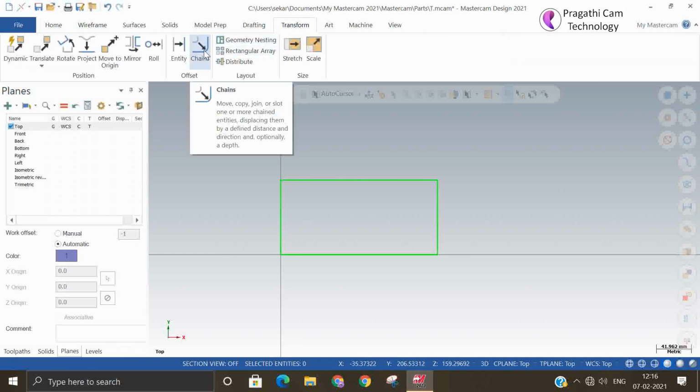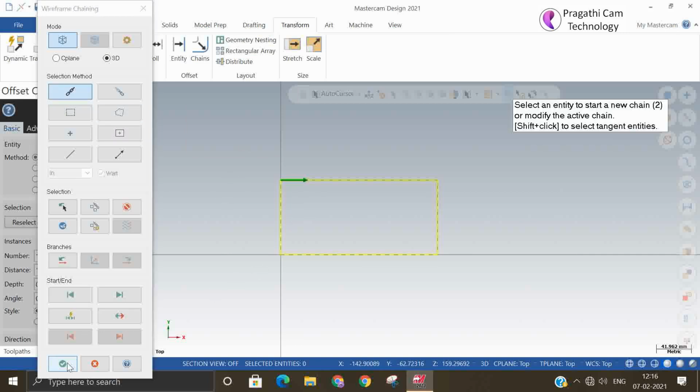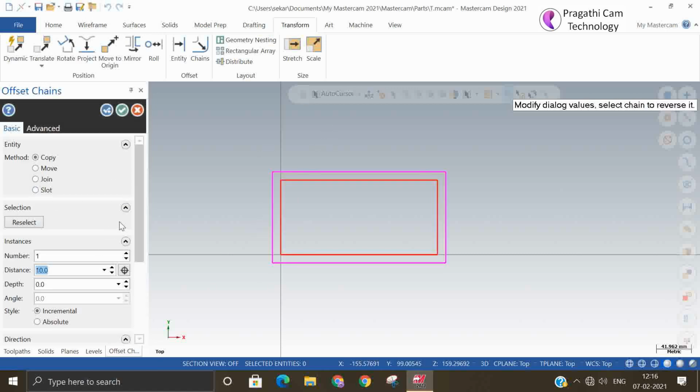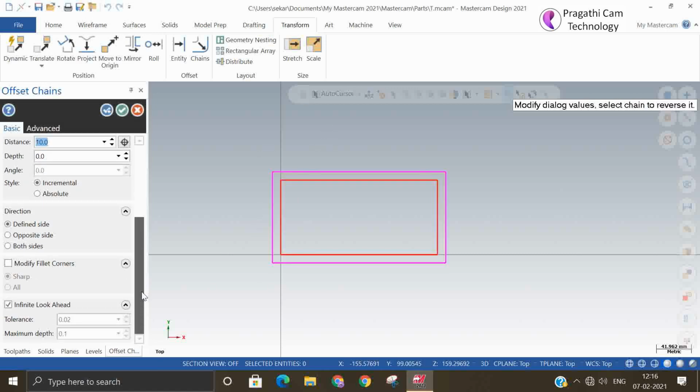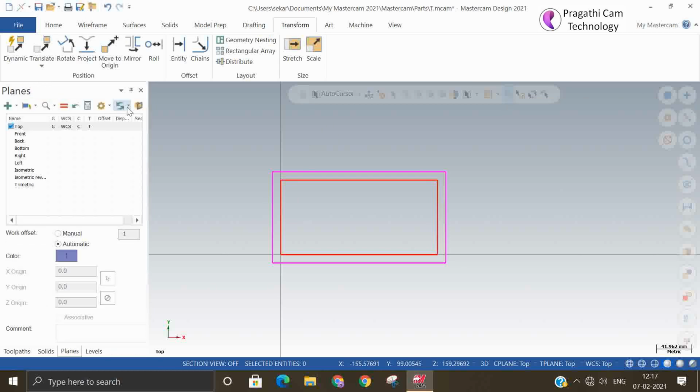Both options are available. Indicate direction. So these two options are the offsetting of an individual entity and the chain entity.